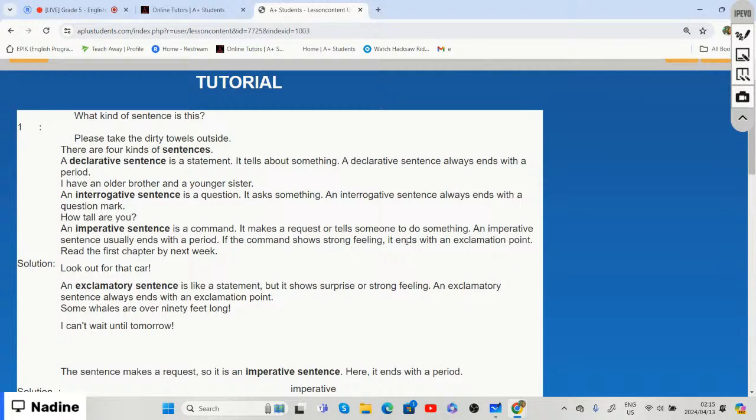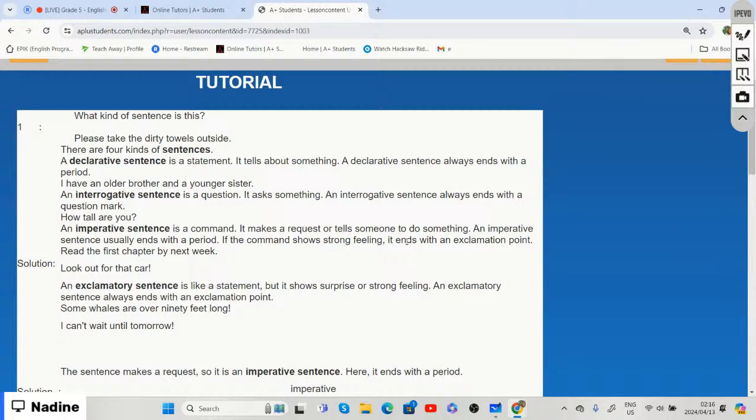So even if, let's say, your parent tells you to do the dishes, to pick up your shoes, to close the windows, right? It is somebody telling you to do something. It's a command, right? It's making a request for you to do something. So when, let's say, somebody shouts at you to do something, then that ends with an exclamation point, right? So that is where the difference comes between an exclamatory sentence and an imperative sentence, but it is two different